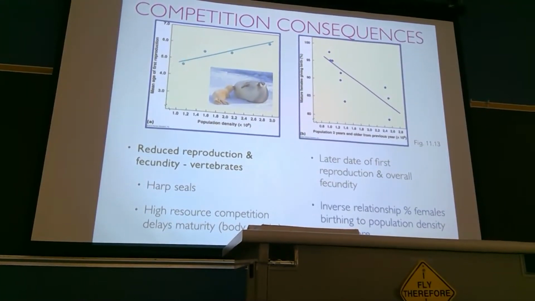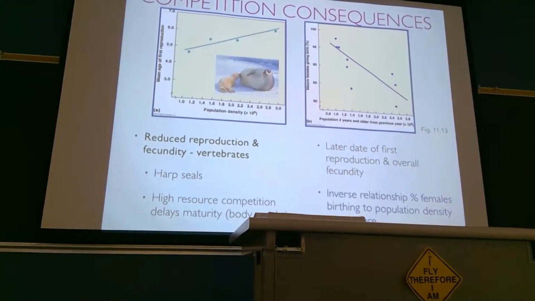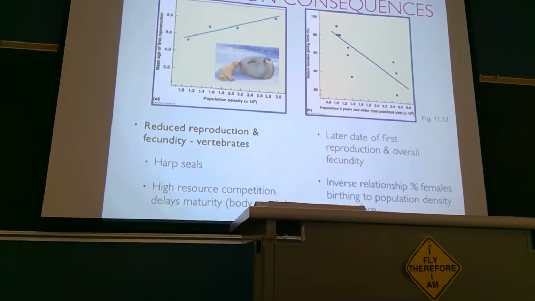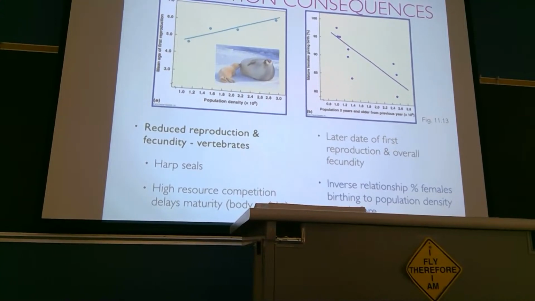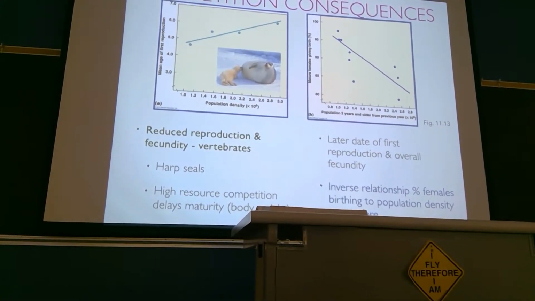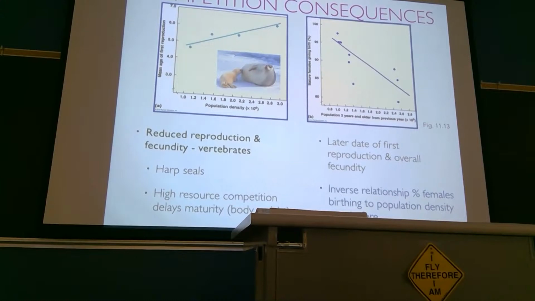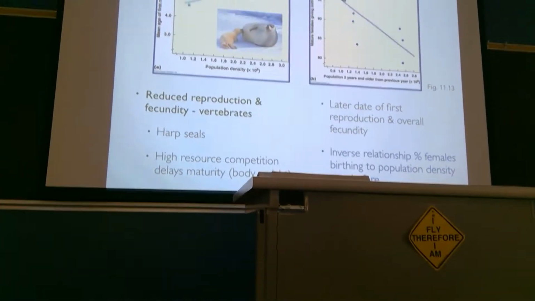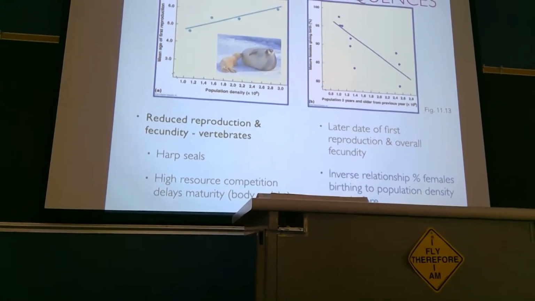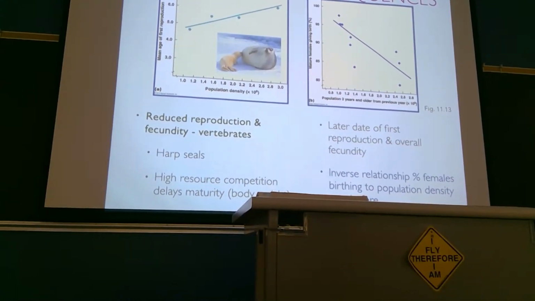Yeah. You'd almost think that more seals equals more mating, though. But it doesn't. It means that the females that are trying to grow to the size to be successful for reproduction aren't getting there, and so it takes them too long to get there. Yeah, and so it takes longer to build up the resources for them to be able to invest in reproducing. The males are like, whatever. It's really about females.